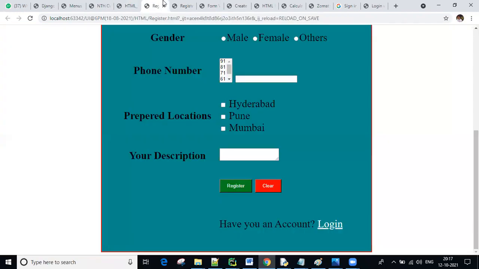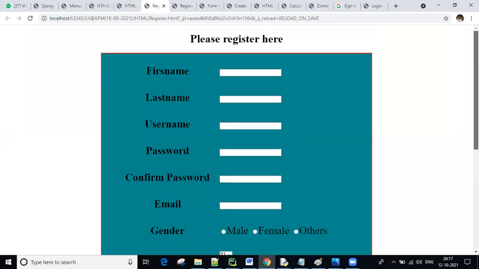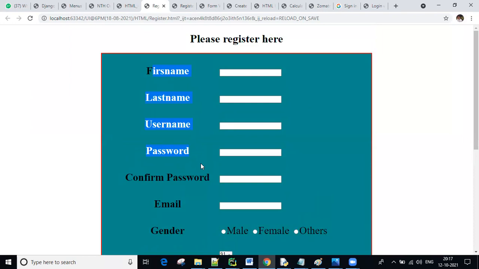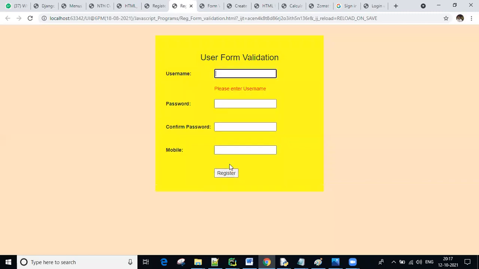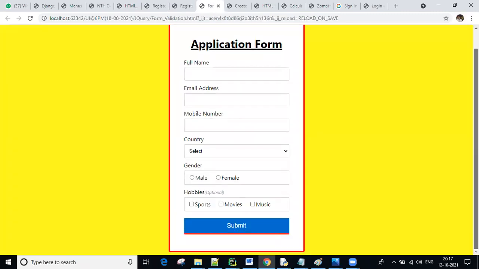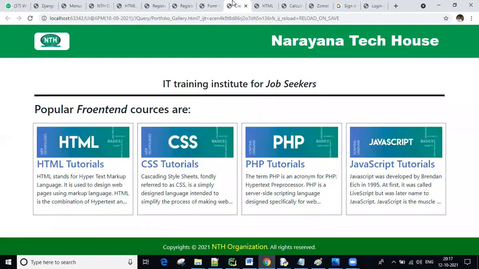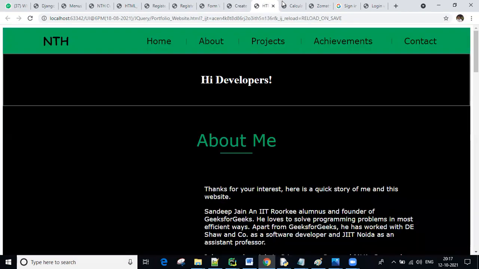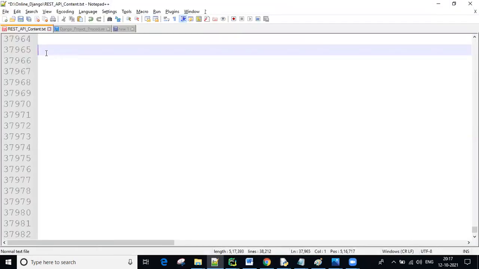And different registration pages. The presentation is different, but the input fields are the same: first name, last name, username, email, all these things. You develop one way, I develop one way; we can develop in different ways using CSS. And validations, how they are provided here. Without entering data, if you submit, errors come. Like this, there are n number of applications, so slowly we will do them in our class. Got it? Now we'll start our concepts-wise.